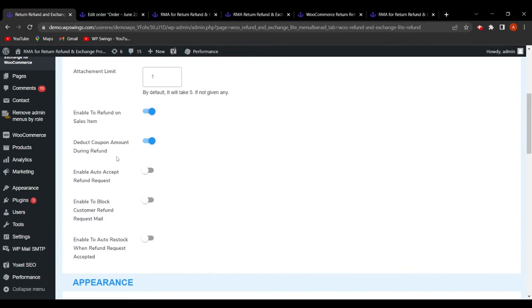So this feature can be enabled from the backend settings. So this was all about deducting the coupon amount during refund. Now let's move to the next field, that is enable auto accept refund request. So as soon as the admin clicks on this toggle button, it will facilitate the admin so